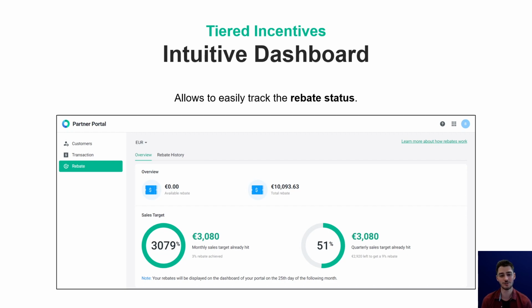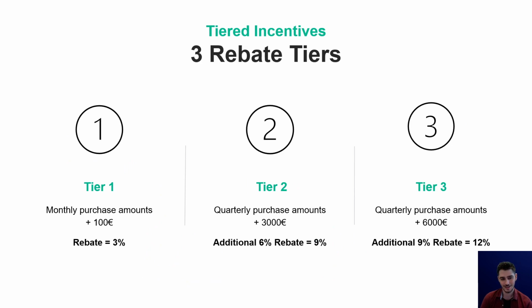And with this information at your fingertips, you can easily track your progress and see how you're performing against your sales strategies. So, what are the different rebate levels that we have? We've got 3 levels. The first threshold, for a monthly purchase amount greater than 100 euros, you earn a 3%